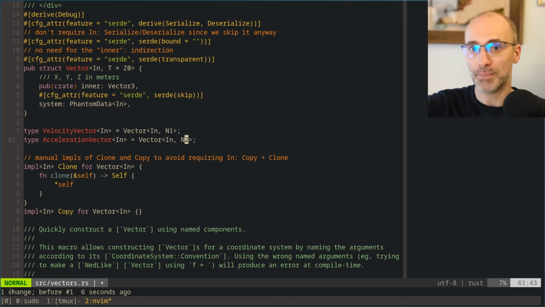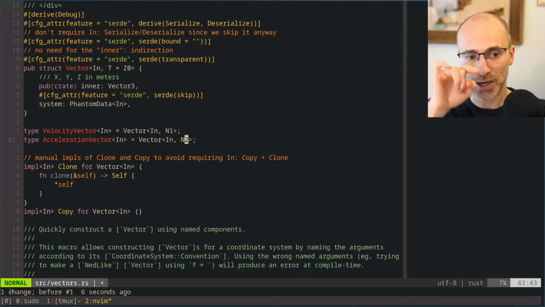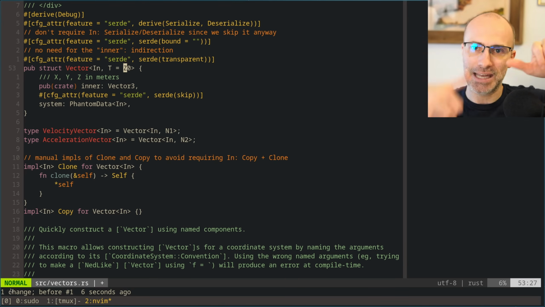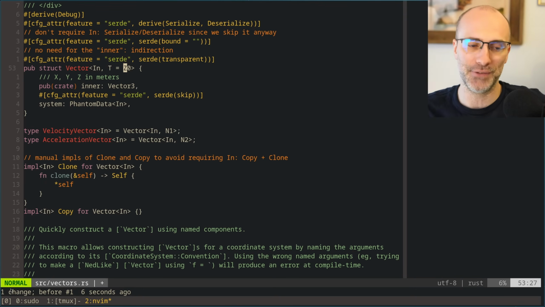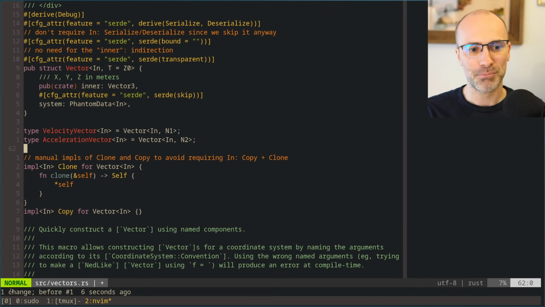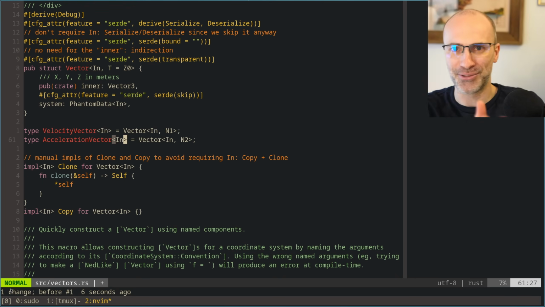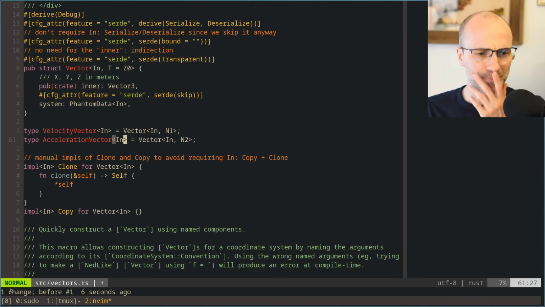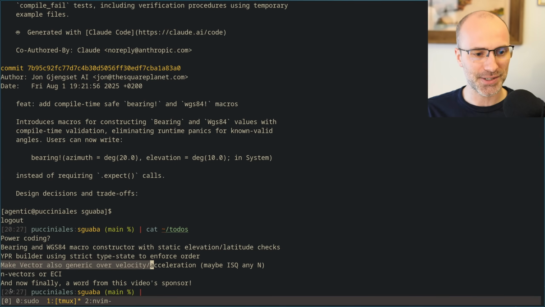And then all of the methods on vector would be generic over the second parameter. The only place where the second parameter matters is in the constructor and in the place that allows you to get out the values. So I think we could probably do this. But this is definitely a more convoluted change that I was interested in throwing it at, but we didn't have time. Maybe we do another stream like this and we try to make that change and see how well it fares. So that was the second change I had in mind.